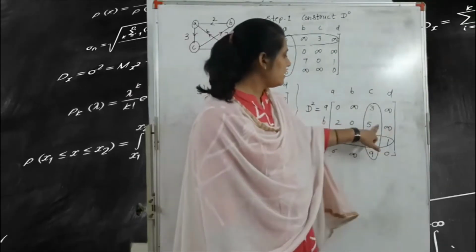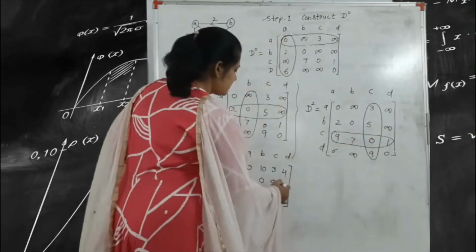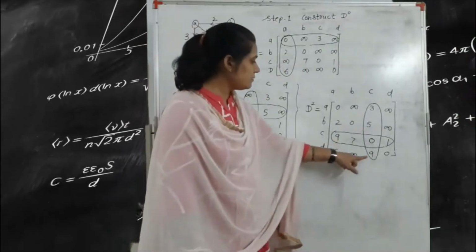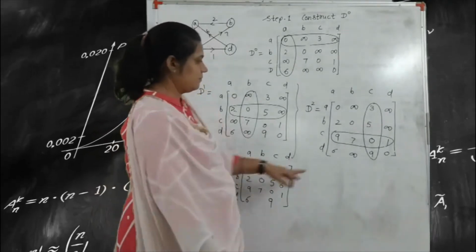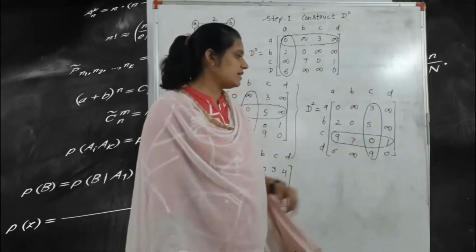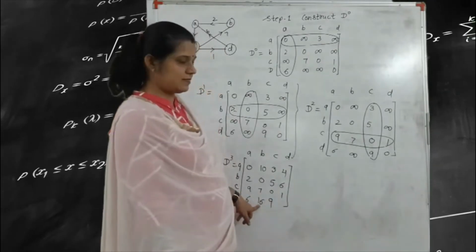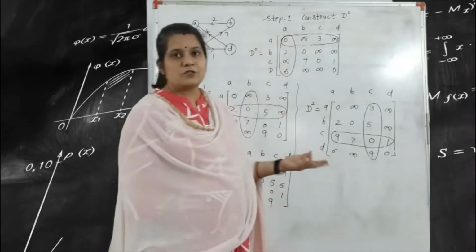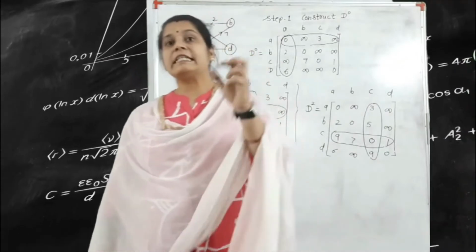Okay, so here highlighted values are 5 and 1. So 5 plus 1, 6. So obviously 6 is less than infinite, so we write here 6. Next one is the last value. So 9 plus 9, 18. So 18 is greater than the value, so we write here only 6. This is the infinite value. So 9 plus 7, 16. 16 is less than infinite, so we write here 16. And the last value is 0. So 1 plus 9, 10. So we write here only 0. Okay, this is how you find the D3 value.